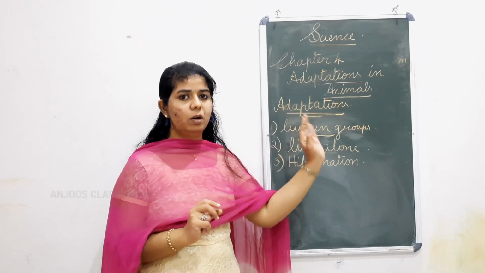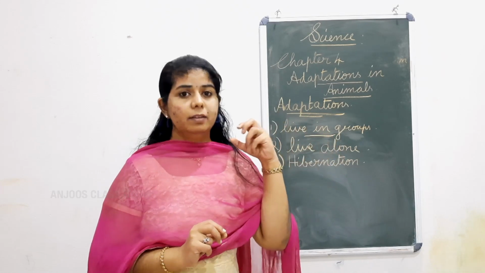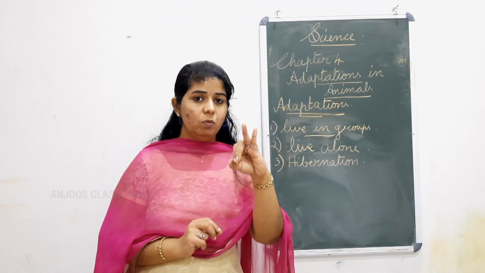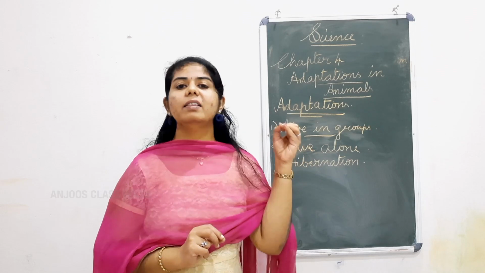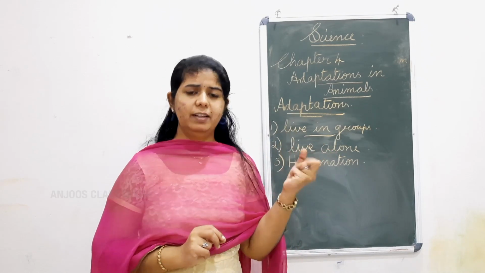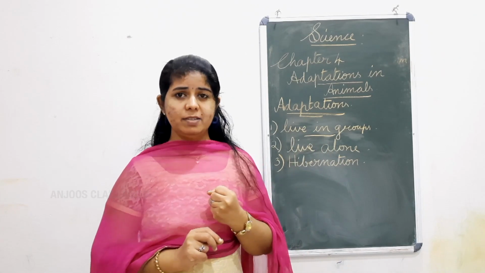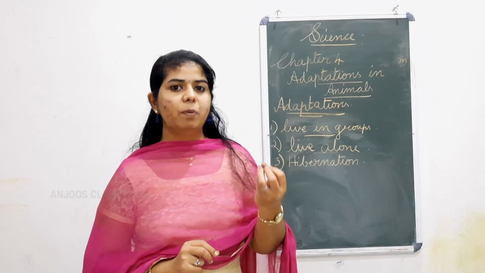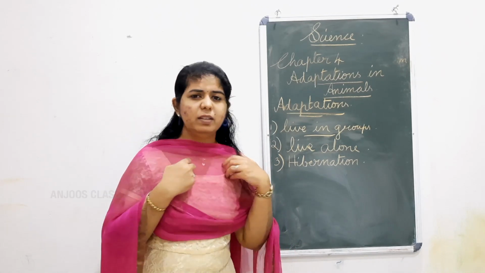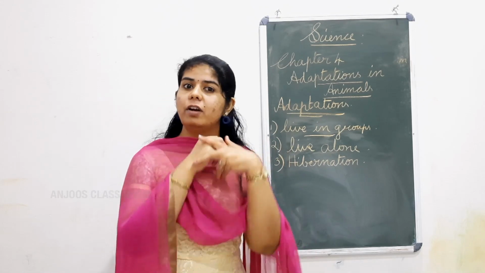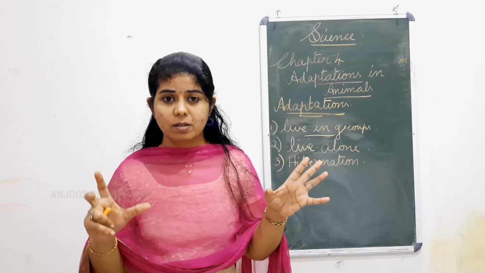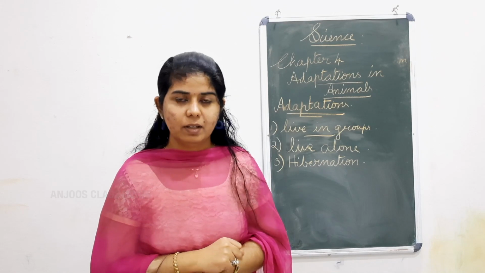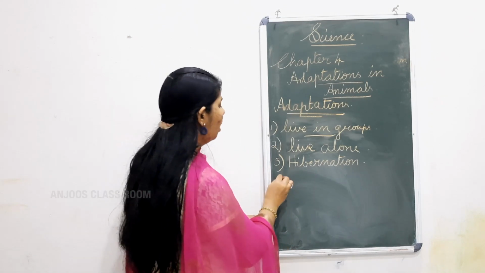So the first adaptation is what? There are some animals. What's the special feature of them? They live in groups. Second one, some animals don't want to be in a group. They live alone because they're very confident that they can protect themselves. They can find the food by themselves. Third one is what? In the cold regions, the polar bear has a specialty: to avoid the cold climate during the winter season, they will go for a long sleep. And that long sleep during the winter season is called hibernation. Ready? Again, we will come to the hot climate.